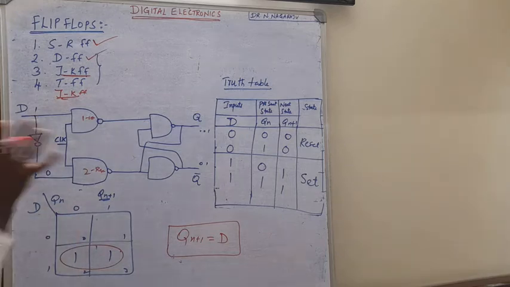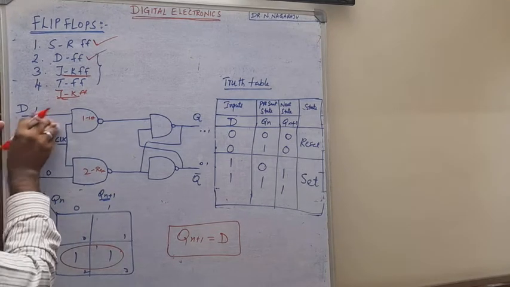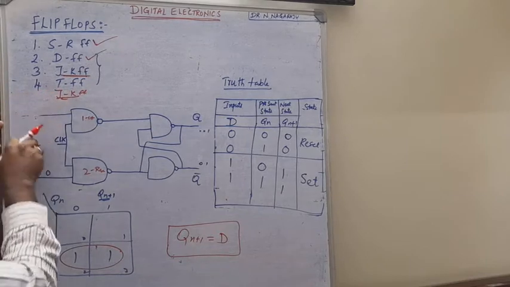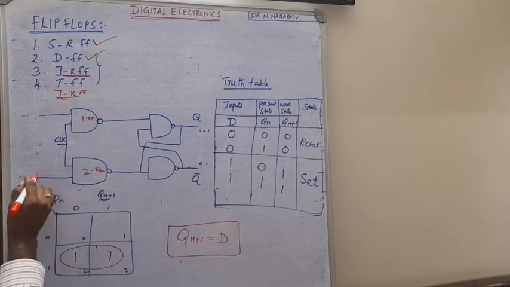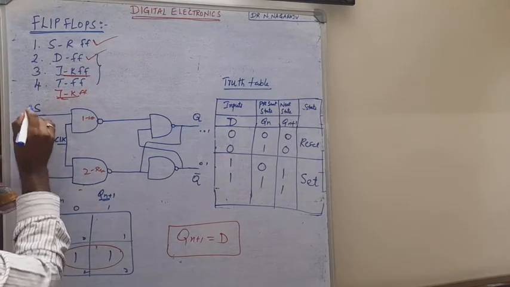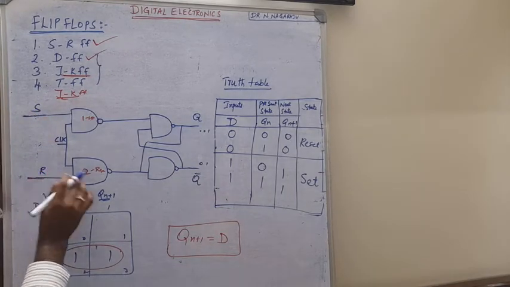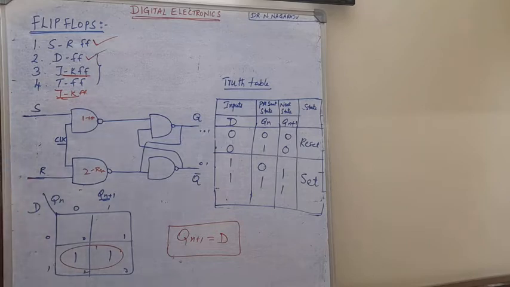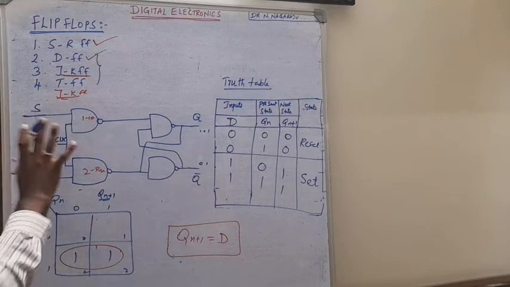Okay, so just remember this diagram. What is the normal state? So what is the normal diagram? Okay, the basic diagram is what? Here S and R. In the previous, the first step itself, we have seen this is the basic diagram.